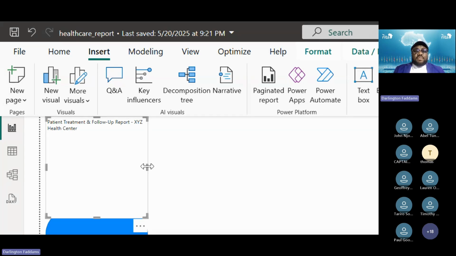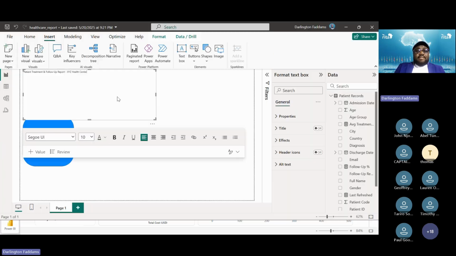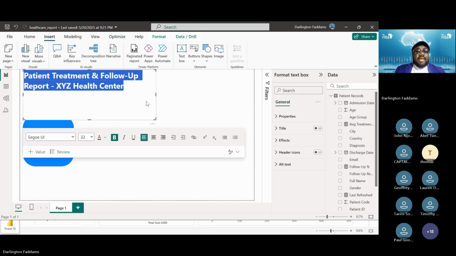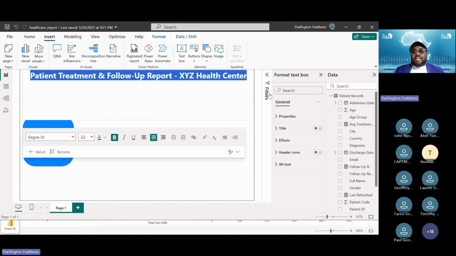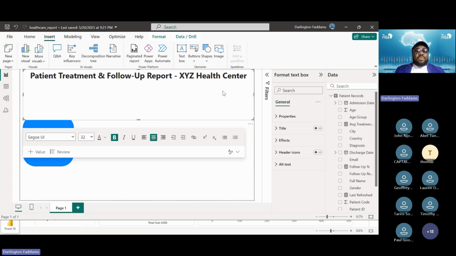All right, so let me expand it and let me increase the font size to, let's say, 32. Let me highlight everything first, choose font size 32, make it bold and make it centered. I like it centered. And then you expand this particular canvas, let it fill the entire width, and then close